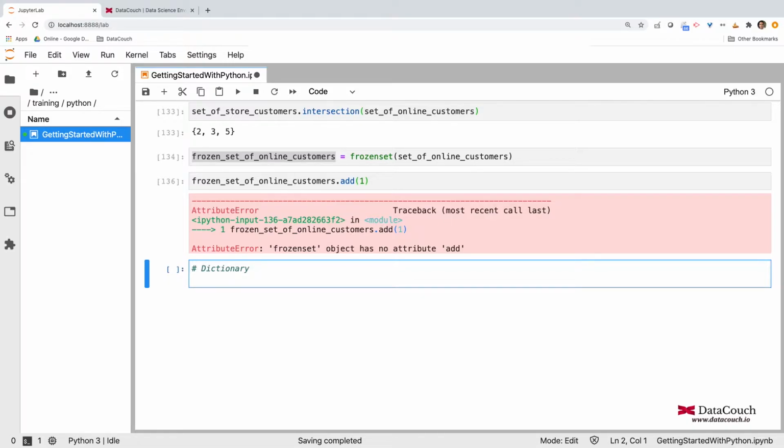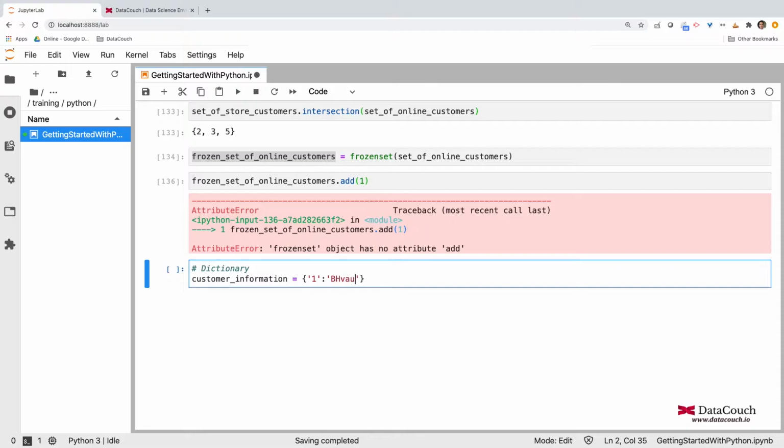For doing that, let's take an example of a phone book. In this phone book we have, let's say, a customer ID, and then a customer record. So it's kind of a lookup. Let's say I have customer information. This is a dictionary that I am defining. This one is customer ID 1, and the customer information is, let's say, customer name or customer phone number. It can be anything, or it can be an object also.